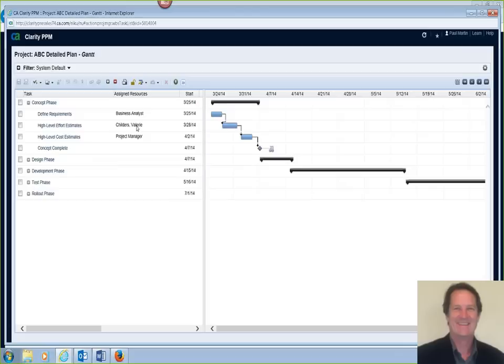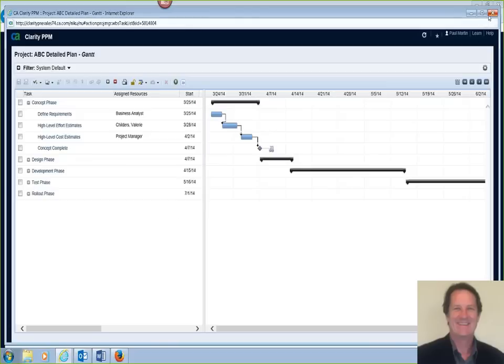Sure, absolutely. So the project manager will set up the estimates on the tasks in terms of how long it will take them to complete, and that leads to the duration of the task, start and finish date. But obviously that's the plan, and that can change with time. So how that's tracked in Clarity is through timesheet.